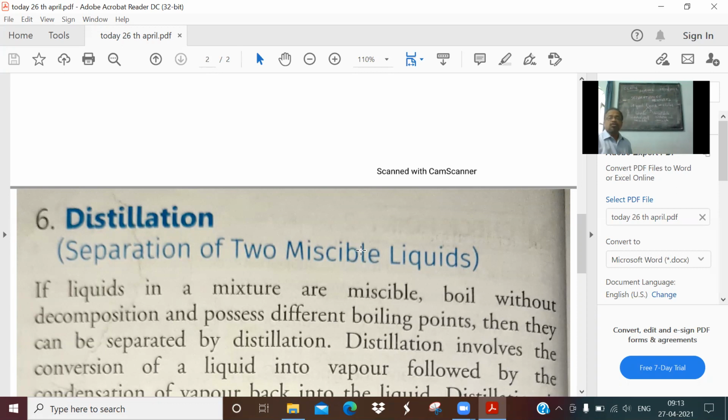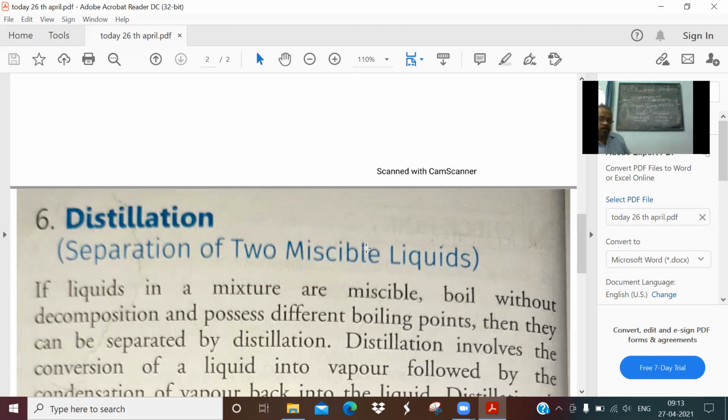In the previous lesson, we have seen distillation can be used for separating a soluble solid from a liquid where we need to collect the liquid component also. For example, seawater, if you evaporate, generally the water evaporates and the salt remains. If you want to collect the liquid part, that is the water part also, you need to condense the vapors. That is evaporation followed by condensation. So there it was solid-liquid, here it is liquid-liquid soluble.